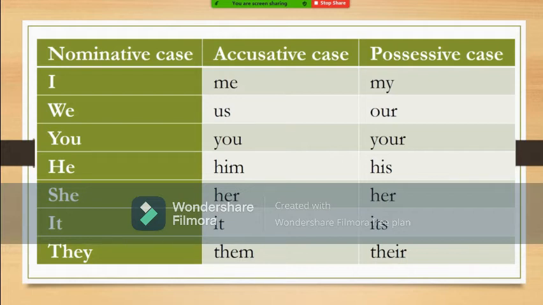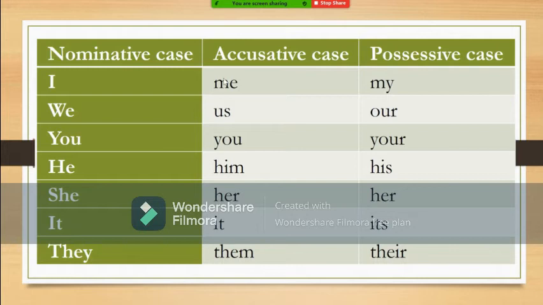So it looks like an object. She gave a book to me. That is the expansion. So here me is not the object. The real object is a book. But me looks like an object. So it is called an indirect object. Only a noun or a pronoun will come as an indirect object. Then it will be said to be in the dative case. Indirect object is said to be in dative case.